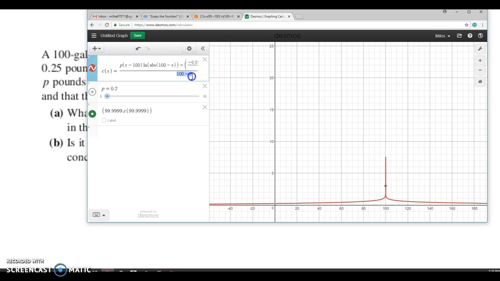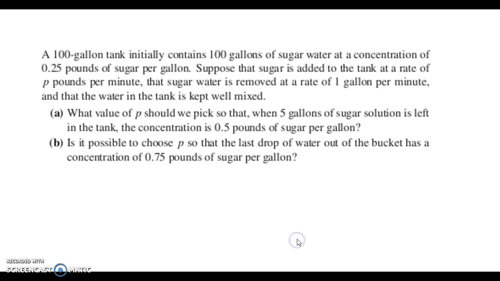Why is that? Because I'm taking 100 minus x. So close to time 100, this denominator is going to be really, really, really small, which means this fraction is going to be really, really, really big. So no matter how small I make this, even though I can get it probably down to that concentration for a while, towards 100, it's going to blow up. So complex question required a lot of setup and thinking and a lot of complicated integration, but that's typically the kind of question we have where we want to figure out some unknown even beyond just following the